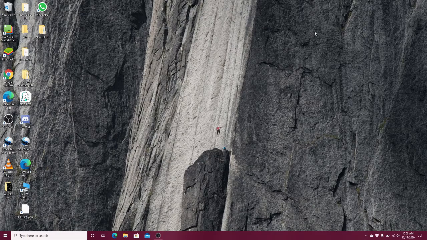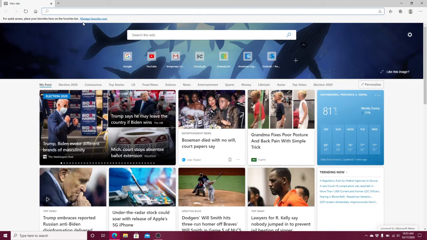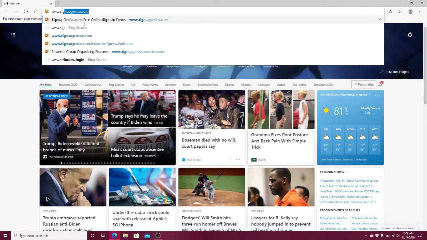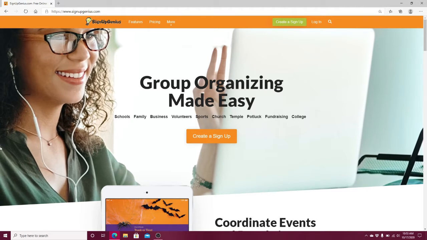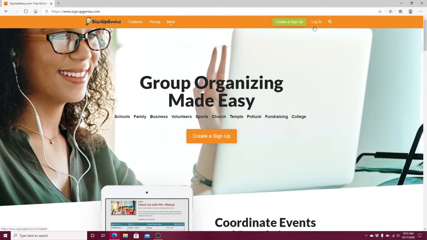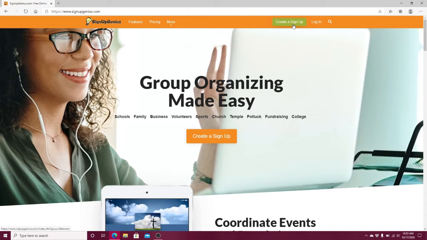To sign up to Genius, first go to your web browser and type www.signupgenius.com and enter. From the official page, click on Create a Sign Up on the top right or from the